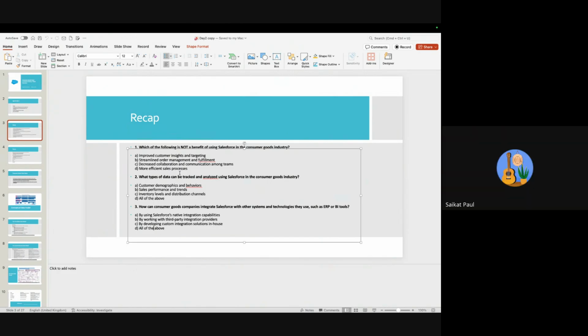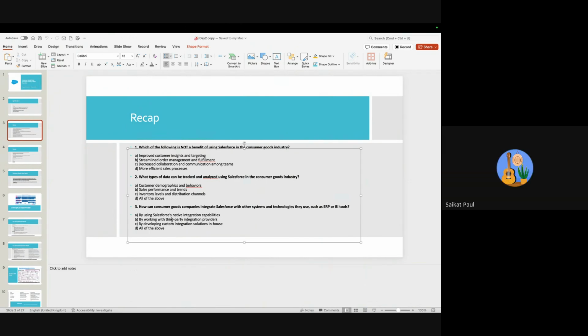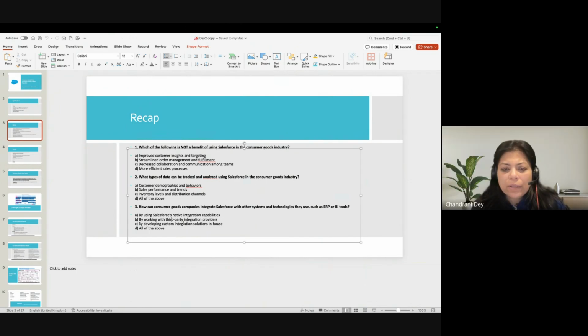So what do you think? Will this be done by using Salesforce native integration capabilities? Yeah, that is right. It is basically usable, but you can also use other third-party integration providers. You can also develop your own integration solution. Some companies have their own in-house tools made to do it.